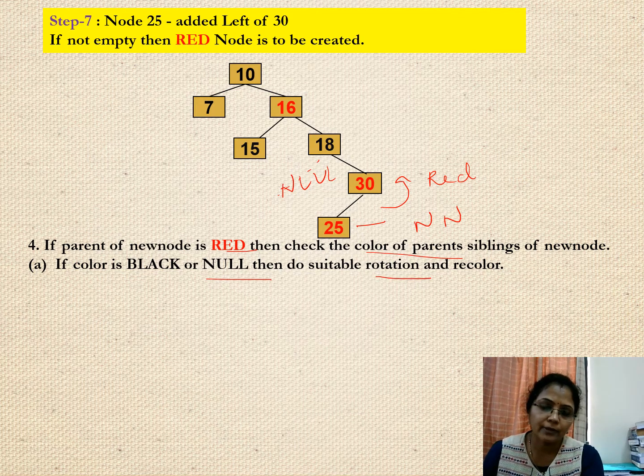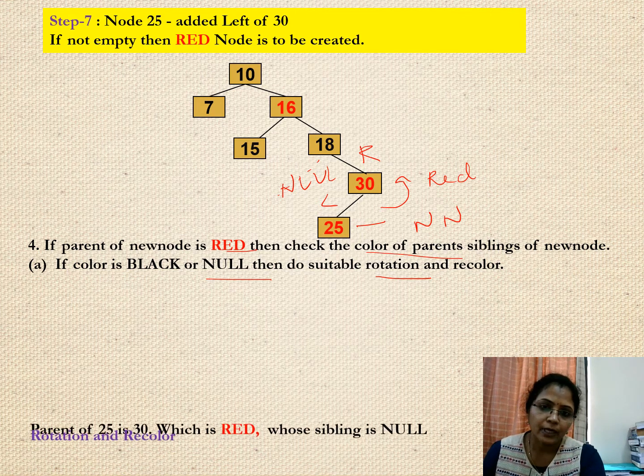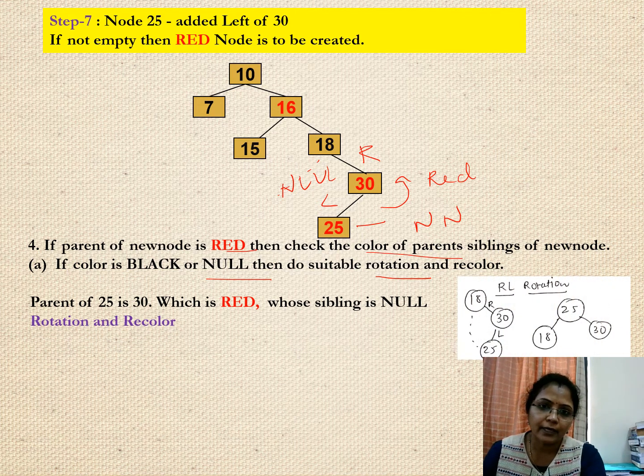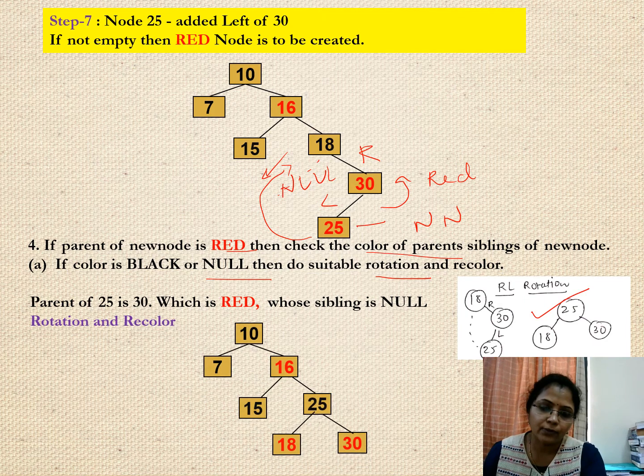So which rotation will we be performing? We can verify here, this 30 is on the right of 18 and this 25 is left of 30. So we'll be performing the RL rotation here. After performing the rotation, we can verify that 25 and 18 change places, and then 25 will be in the place of 18, and 18 will be moved down on the left hand side of this tree. So we can verify the arrangement will be like this. Now 18 and 30 we have kept the same color. 25 and 15 are on the same level, so they are black, and 16 is red already. So we can proceed.